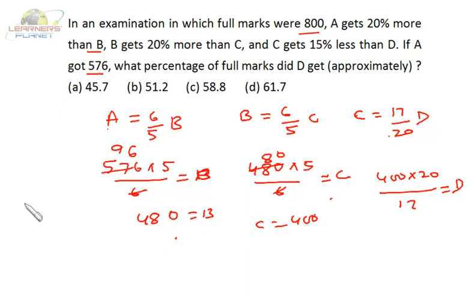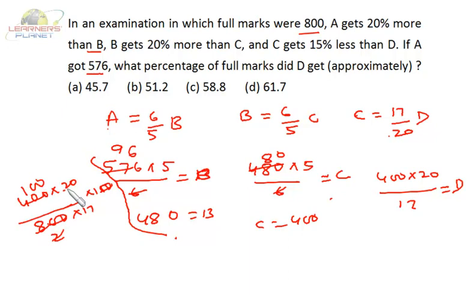Okay, now let's calculate. This is D's marks out of 800. So from 800, D is getting 400 into 20 by 17. So from 100, he must be getting these marks. Okay, so it's 1000 by 17%. Okay, which must be around,